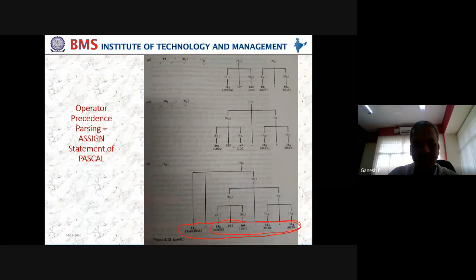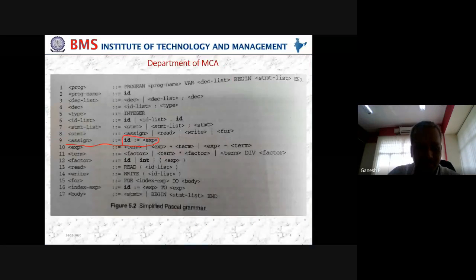Next, what do we have? An assignment statement can be like this. Then what is an expression? An expression can be either a term alone, or it can be expression plus term, or expression minus term, meaning term plus term, term minus term. What is a term? A term can be a factor, or it can be an integer. So finally, it can be an ID, that is a variable, or it can be an integer, using either star or division or minus or plus. If we can use these things, then that becomes an expression. That is the meaning here.